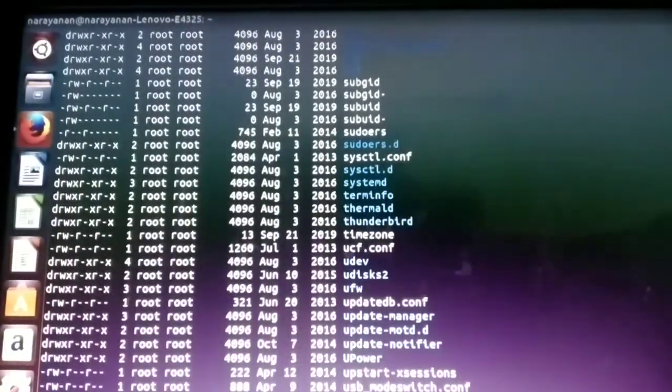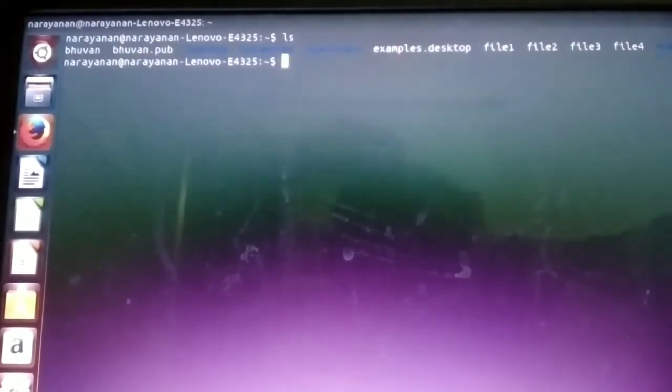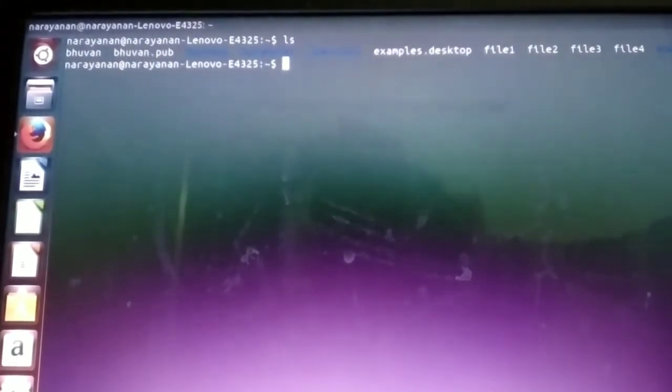In this terminal, we have a $ prompt. At this prompt, we are going to type the commands. First, we use the ls command. This ls command lists the files or directories available in this particular place. It also indicates different colors. This color differentiation indicates folders or directories and normal files.